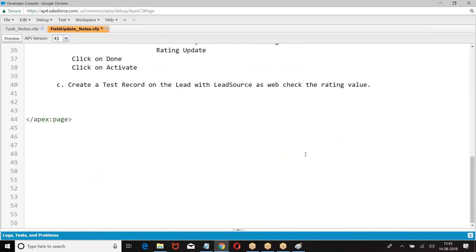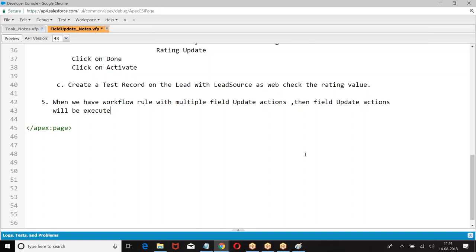What is the next point we had? When you have workflow rule with multiple actions. When we have workflow rule with multiple field update action, then field update actions will be executed in the order of field update action created date.